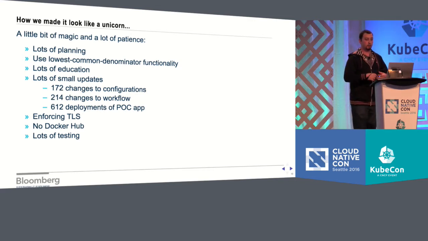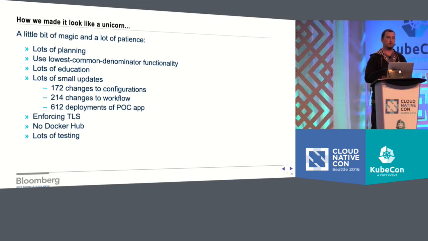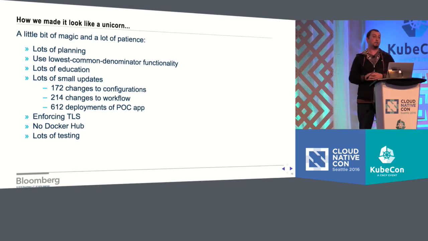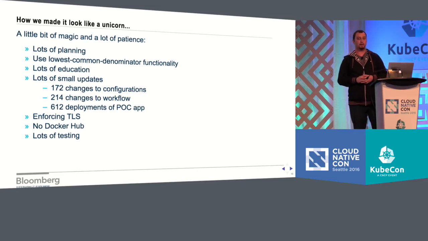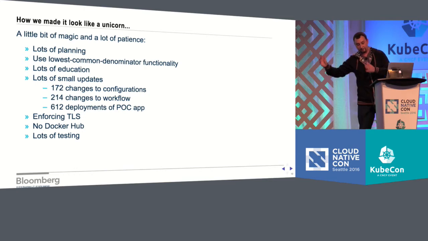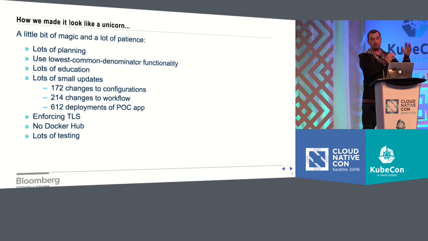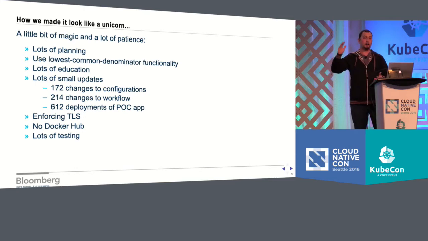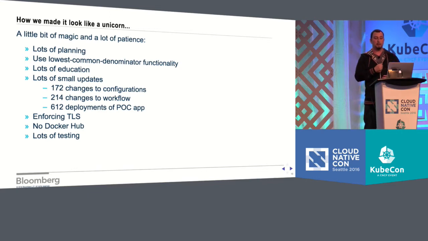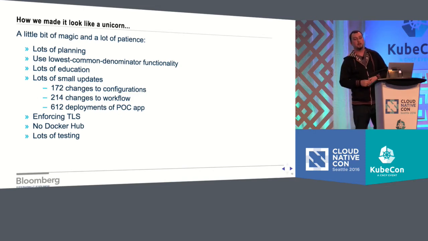We had original plans to deploy to public cloud, and then we kind of changed in scope, so we're not deploying to public cloud right now. But we need to maintain that ability to possibly deploy to public cloud in the future. So we had to shift infrastructure. We had to change a lot of stuff at a high level, but we also spent a lot of time on education and a lot of time on tiny little small